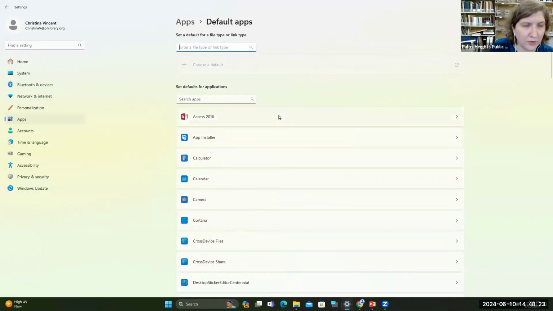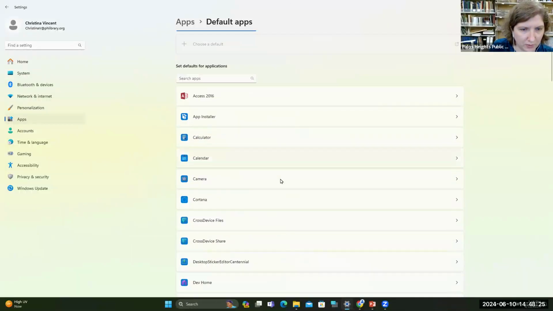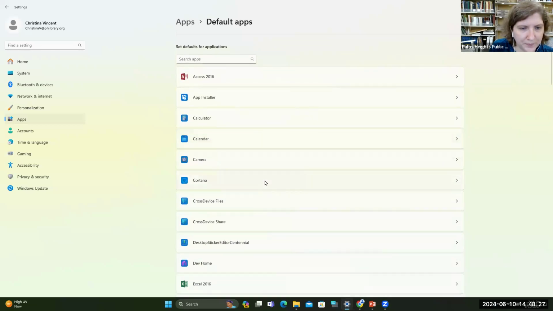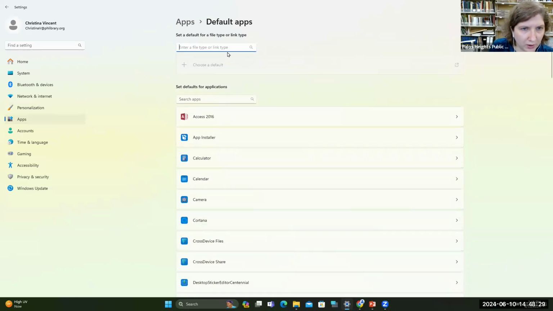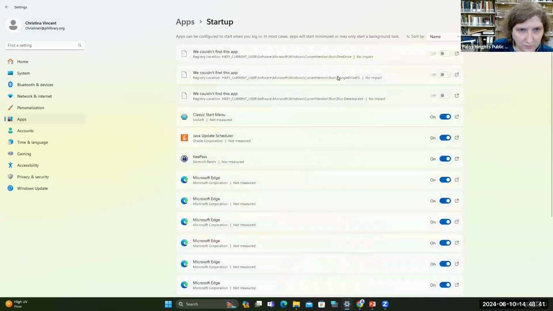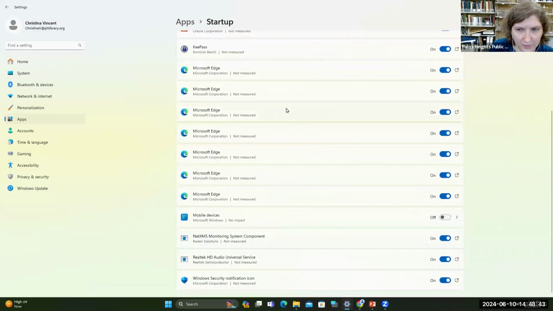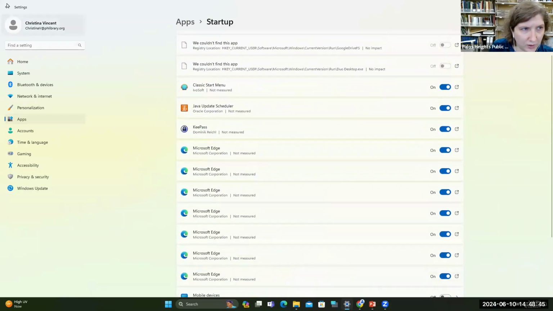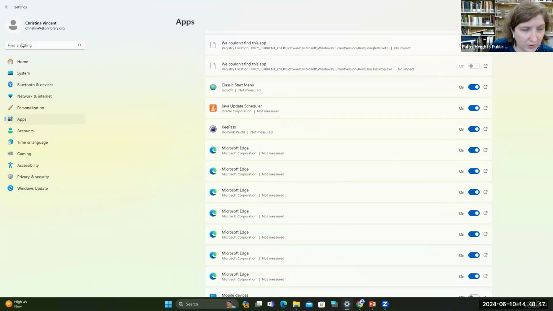And even if you get a new device that has Windows 11, most of this is probably what the device will already come preloaded with. You can see apps for devices, apps for video playback, and startup, apps that should automatically start up when you start up your device.